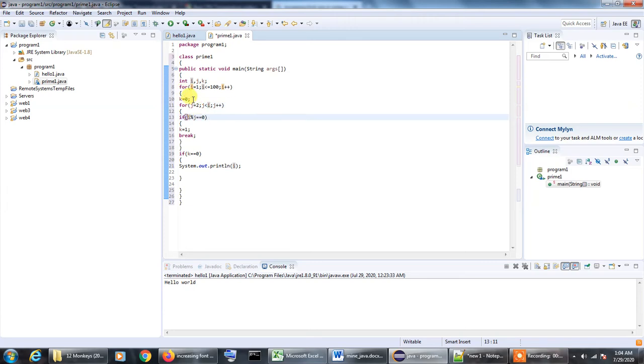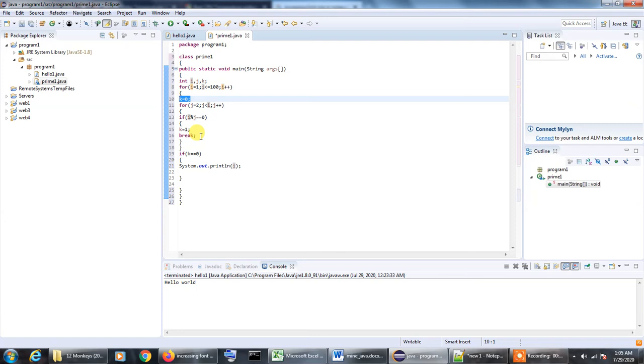You can see there is a variable called k, which is initialized to 0 every time before starting the innermost loop. K is a flag variable that is used for checking whether any factors are present between 2 and the number itself. So if we take a prime number like 5, the value of k will remain 0. It will not become 1 because there are no factors that exist between these two limits, that is 2 and 1 less than the number itself, that is 4. In case of 5, the loop will run from 2 to 4, and within 2 to 4 it will not find any factor for the number 5.